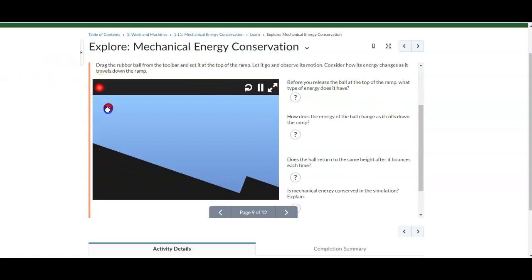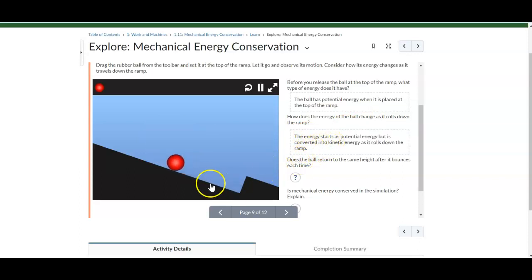So we've got a ball, putting it on the ramp. Potential energy would be high here because it's at its highest point. Okay, so we're seeing what happens. Before you release the ball at the top, we know it has potential energy. How does the energy of the ball change as it rolls down? We know that the potential energy goes down, but it's converted to kinetic as it reaches this area and stops